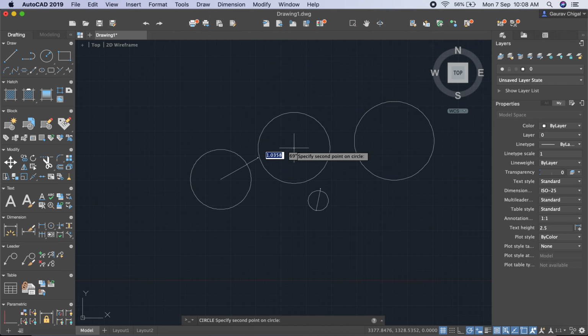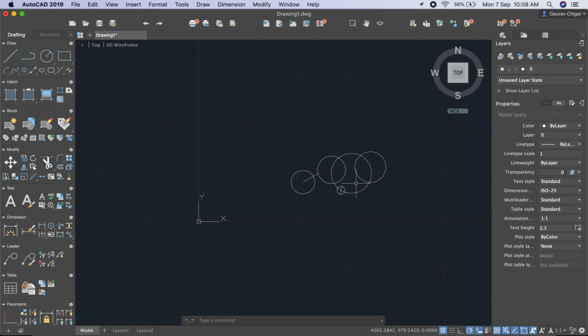Just hover your mouse on a circle and you see a center here and here. The first point is the center of this circle, the second is the center of this circle, and the third is the center of this circle. By passing through the centers of these 3 circles, you can draw a circle with the help of the 3-point circle command.